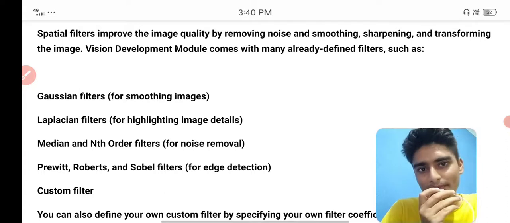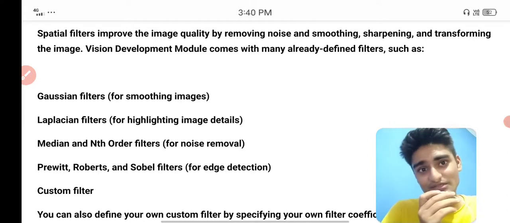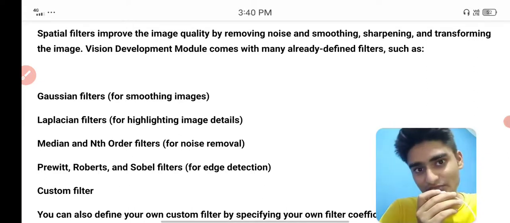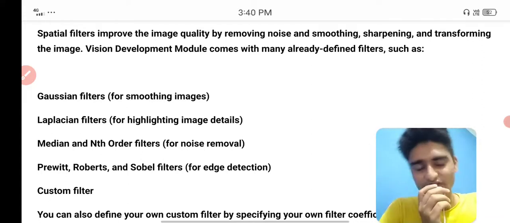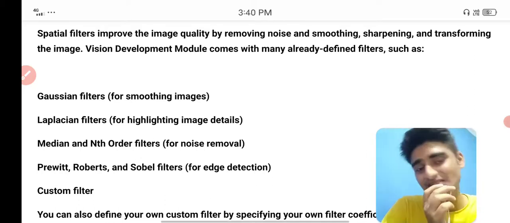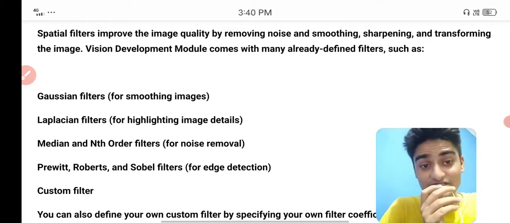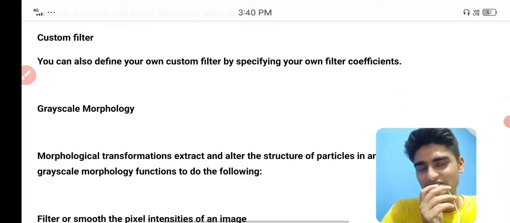Then there are the Roberts and Prewitt filters for edge detection, which we have already discussed in our analog systems as well as in control systems. All these filters are very necessary for customizing the image as well as for handling the different noises that are present. We also have custom filters, which are very important.